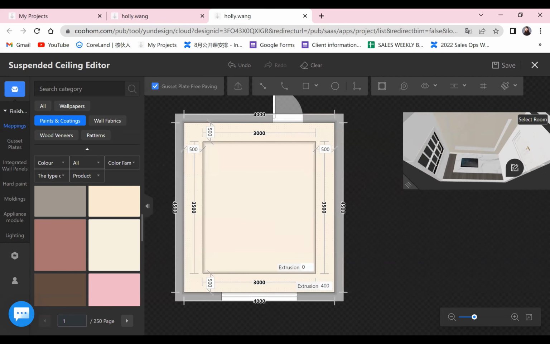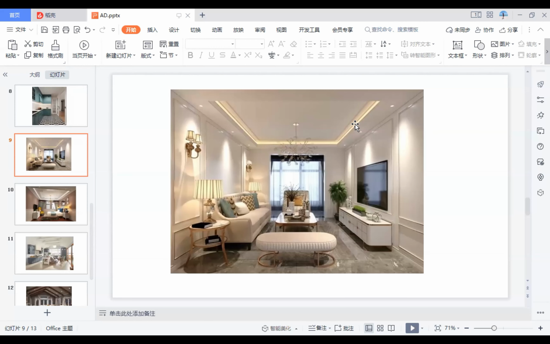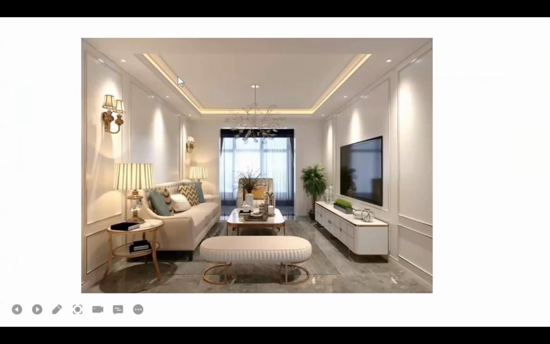Also in the picture, you can see some light strip. So the next problem we need to solve is how to paint this elevation part and how to add the light strip. And I think we can also see some molding here and here on both of the sides, right? So let's see.